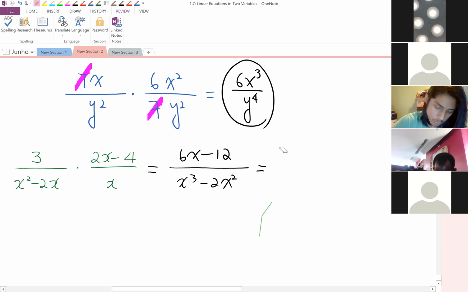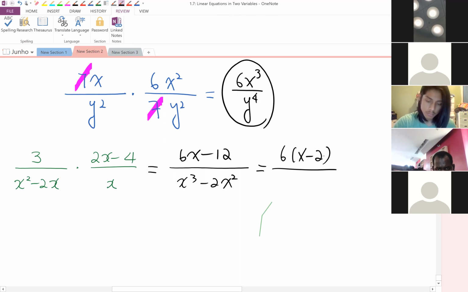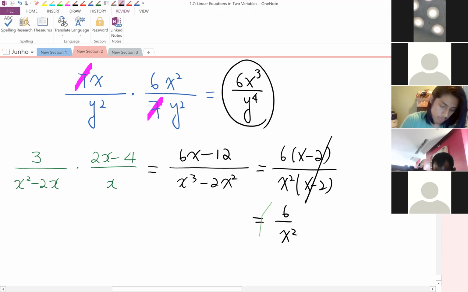So factoring 6x minus 12. No, we don't want the final answer yet. The middle step here will be 6 times x minus 2. And then the bottom becomes x squared times x minus 2. So x minus 2 cancels out, and it becomes 6 over x squared here, right? Yeah. Okay, then now,